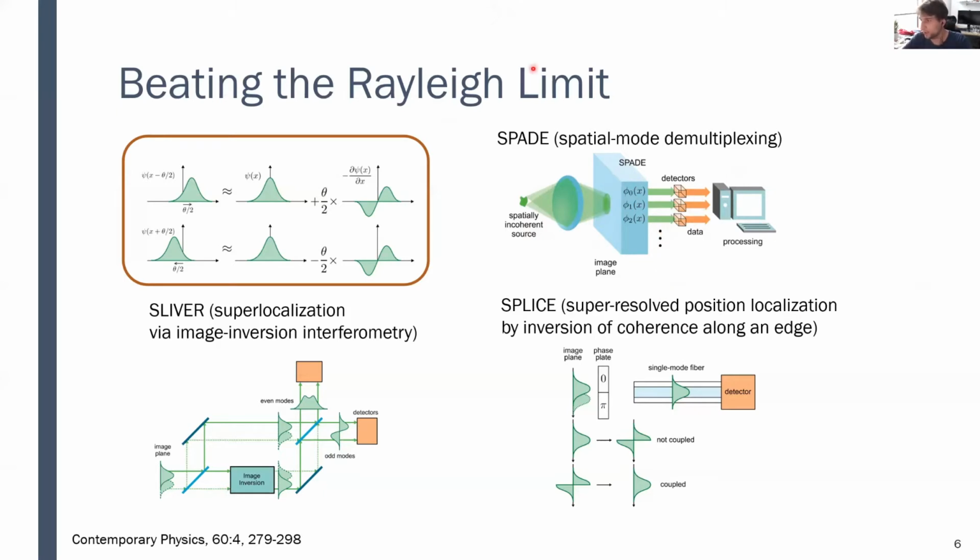It can in general be implemented, but one interesting idea that we will look at in the temporal domain in our work is to actually invert the image and then interfere it with itself. This projects the optical field into an even and odd mode, which indeed, for small separations, is the projection onto the Hermite-Gauss modes.